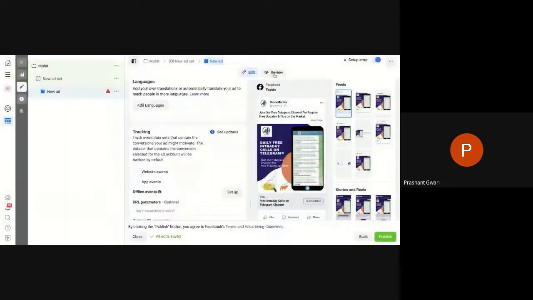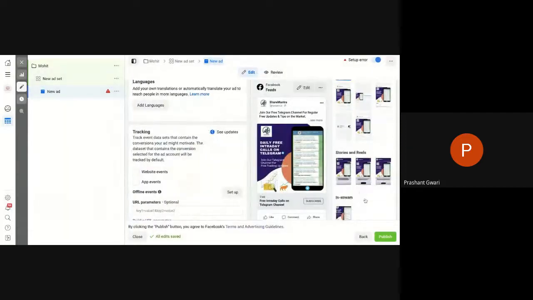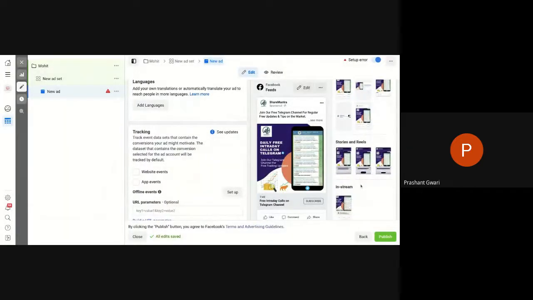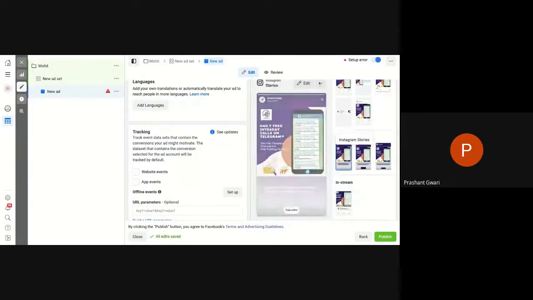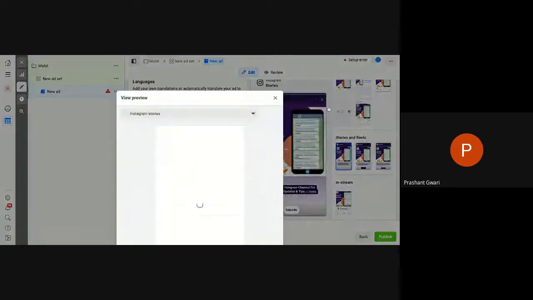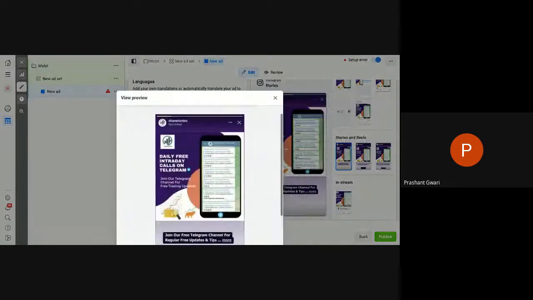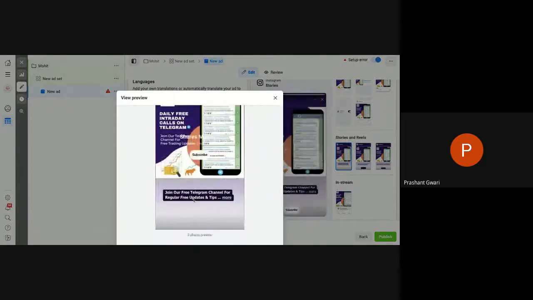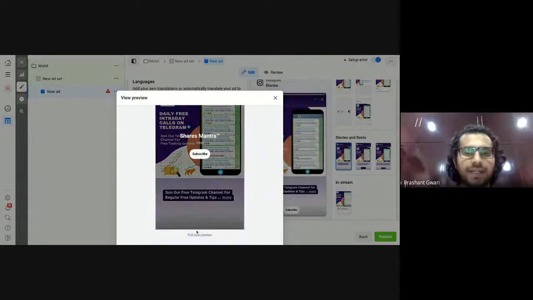Now let's see how it will appear on Instagram stories because stories generate lots of conversions. So I will go to the Instagram stories option like this and click here on the expand like this. And that's how it will appear on Instagram story. As you can see, image here, caption here, and the subscribe now button here at the bottom.